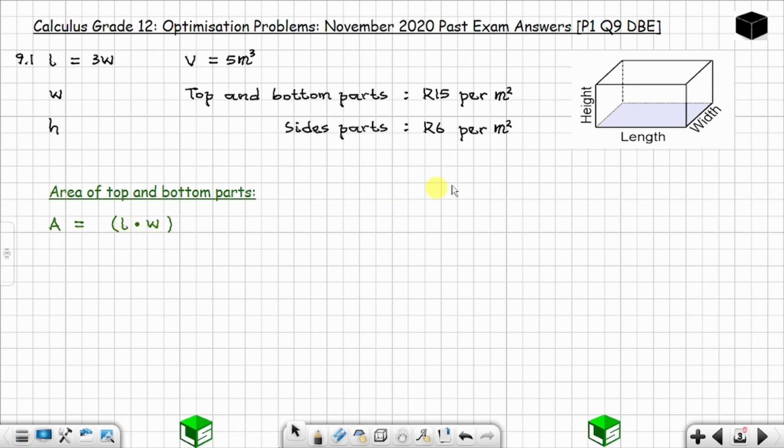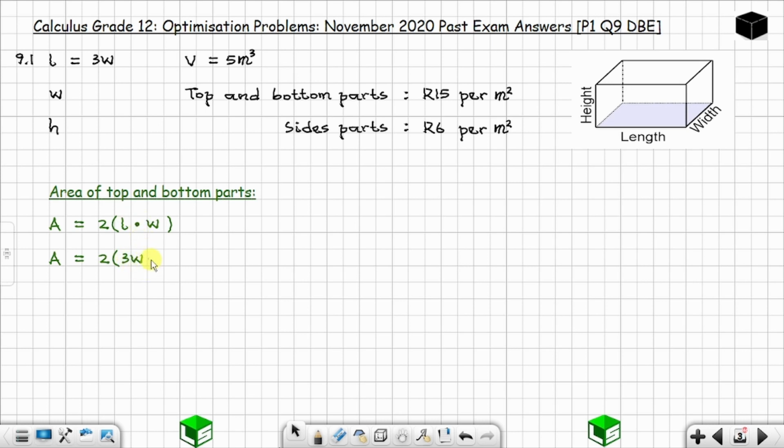Okay, so you have what? 2 of them, the top and the bottom, they are similar in shape. So you are going to do what? To multiply by 2, like that. You can see, you have this part at the bottom and the part at the top. Okay, and then you carry on. The area is equal to 2 times this. Can you see from the information the length is equal to 3 times the width? Let's replace the length with 3w, because the information tells you that the length is equal to 3 times the width. Okay, so I replace my L with 3w,